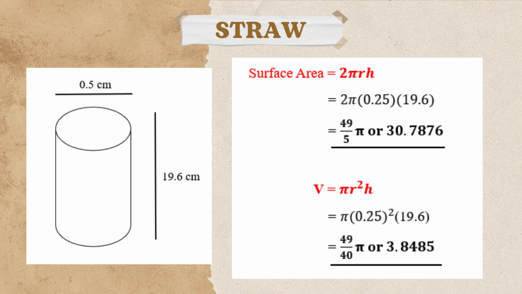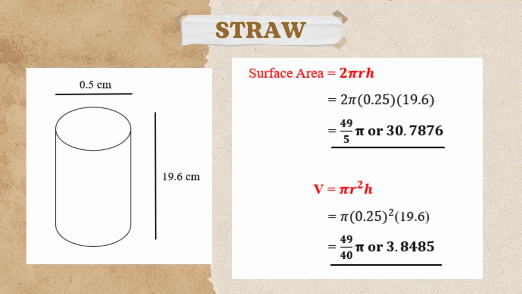We can substitute it into the formula, giving us pi multiplied by 0.25 squared multiplied by 19.6. Putting our equation into our calculator, we can find this answer, which is 49 over 40 pi or 3.8485 cm